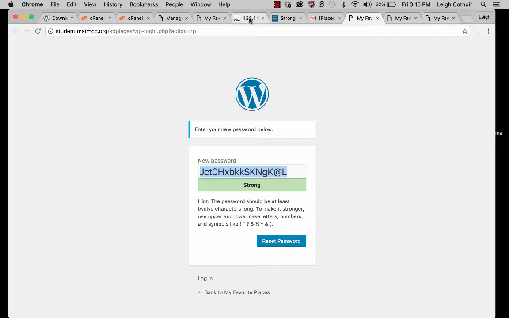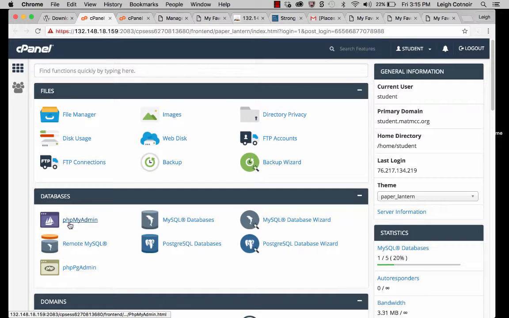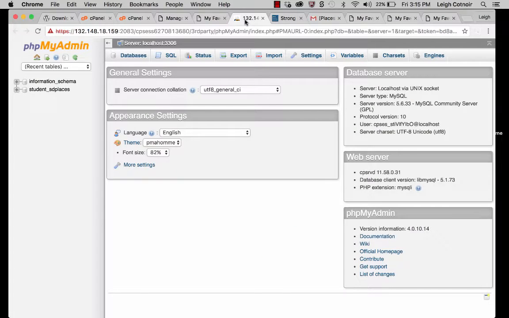If you were to jump over here into your phpMyAdmin panel, and if you don't remember how to get to that, you would go into your cPanel, and then you would go to phpMyAdmin, and it would open this up for you. So this is only if you absolutely need to reset your administrator password because for some reason it's messed up or you can't get it, you don't remember it, and your email isn't sending to you. What you can do is